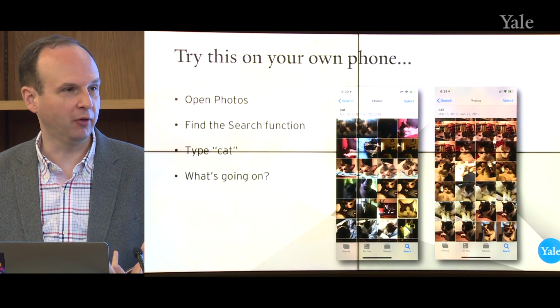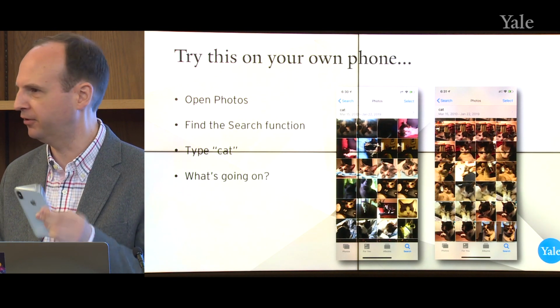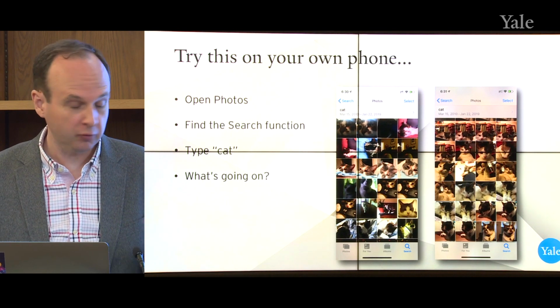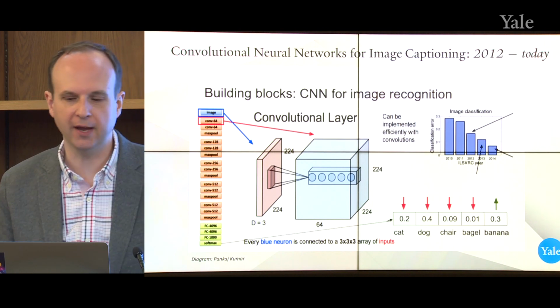And this is really powerful. It means I don't have to go and label my pictures. In fact, I don't even think there is a way to label my pictures on my cell phone, right? You take a picture and you can then search for it. So this is really powerful, very exciting, and all of this, although theorized many years or even decades previously, really